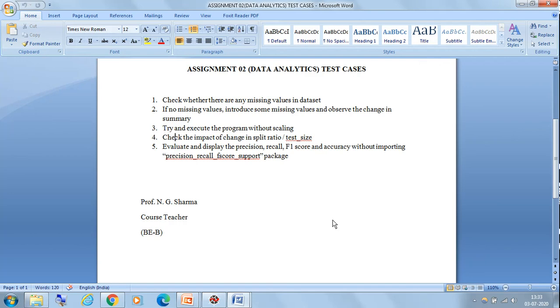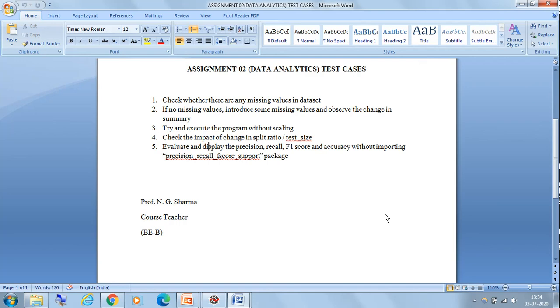And last, I want you to evaluate and display the performance matrix values without using the package. If you don't want to use the package, simply use the formula, apply it, and check how you are able to display the results. So this is about the test cases.